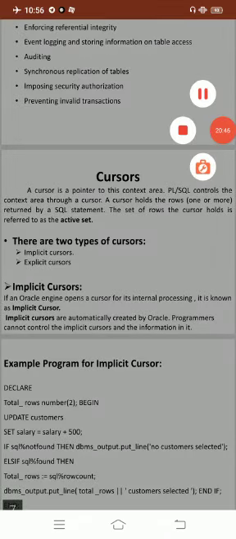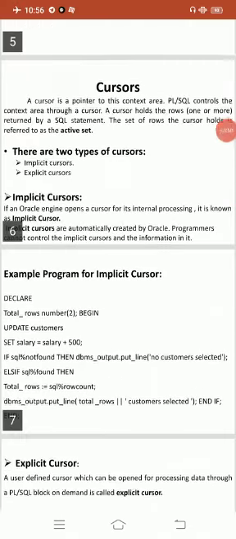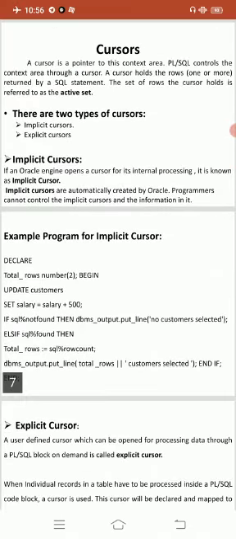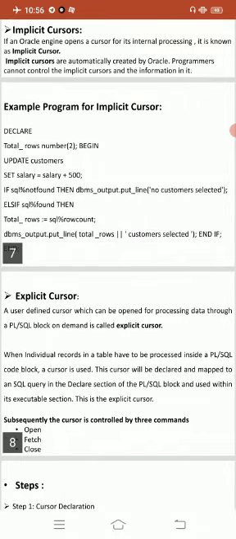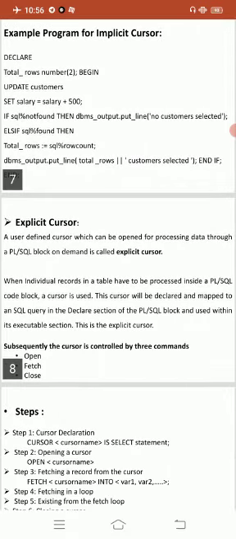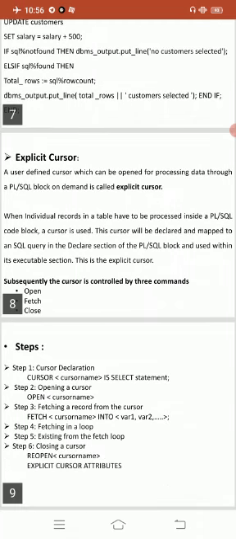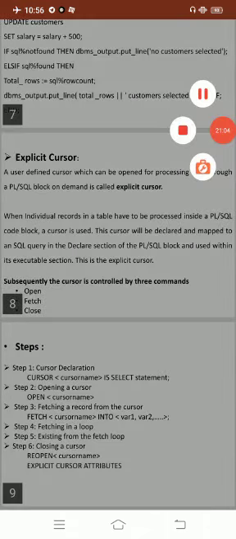One simple example for implicit cursor, and the steps of an explicit cursor: declaring, opening, fetching and closing. Finally we can show the steps with the help of an example. Okay, thank you. I will see you in the next session.